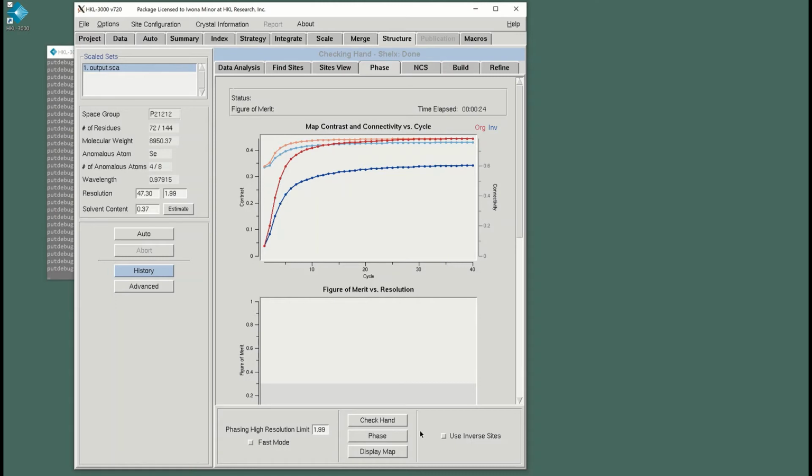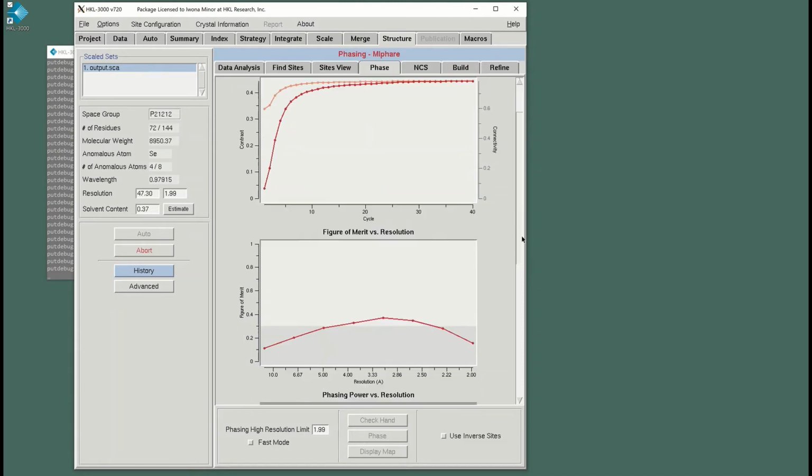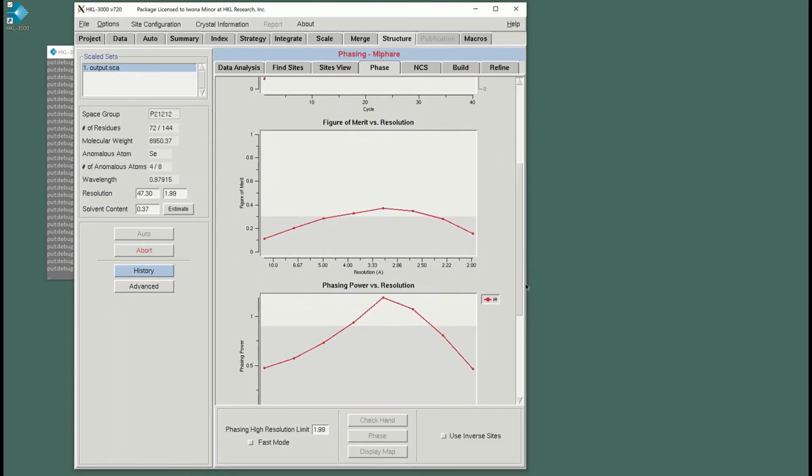After determining the proper handedness of the substructure, click the Phase button to calculate the experimental phases. This will run the programs ShellXE and ML-Fair sequentially. First, the ShellXE run will be repeated using the selected hand, and the substructure will be improved in ML-Fair. This will refine the coordinates, occupancies, and B factors for the substructure atoms and use the refined positions to generate